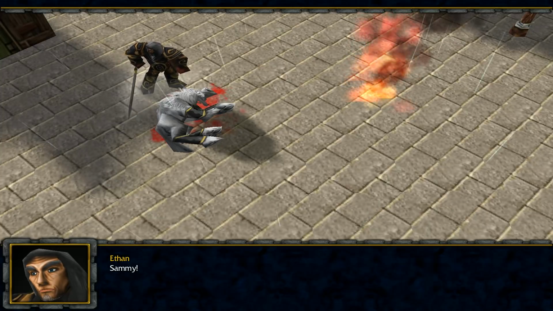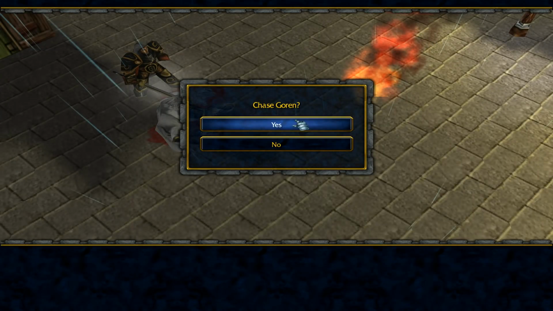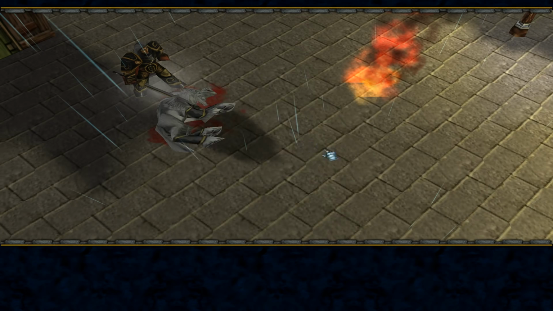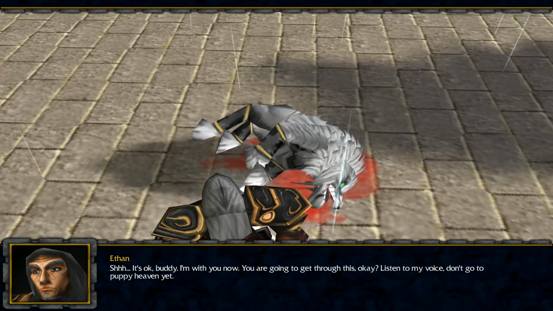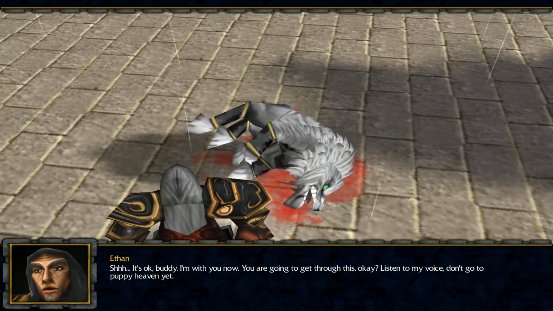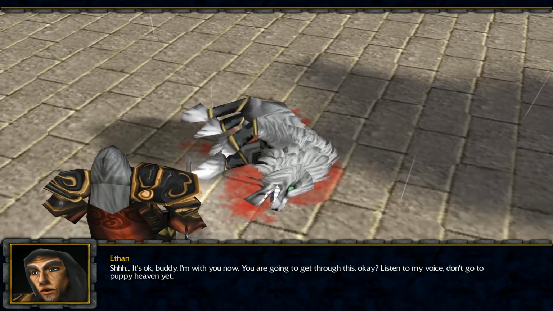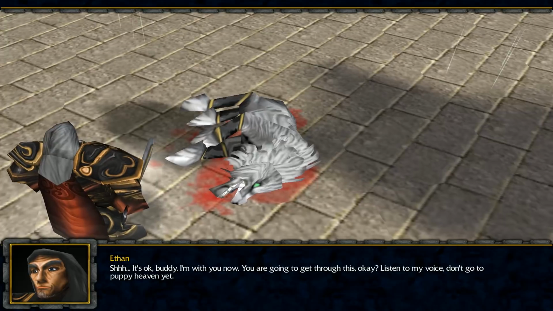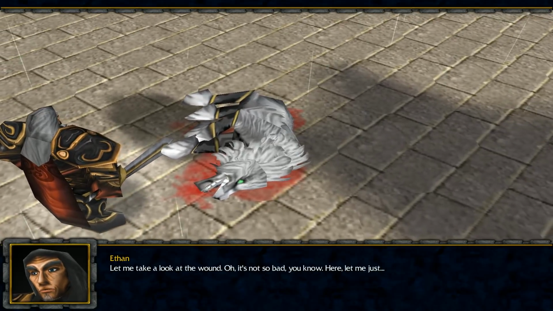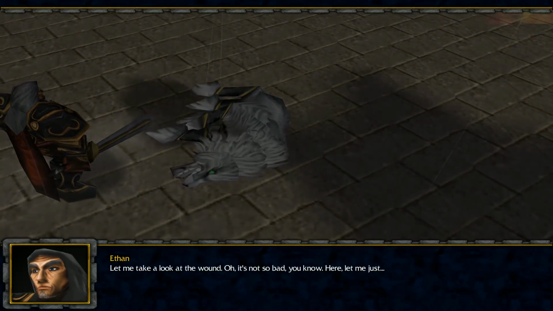Sammy! Chase Goran. No, our dog. No. Oh no. Oh no. Sammy, don't do this to me. It's okay, buddy. I'm with you now. You're going to get through this, okay? Listen to my voice. Don't go to puppy heaven yet. Coco, don't watch. Let me take a look at the wound. Oh, it's not so bad, you know. Here, let me just...